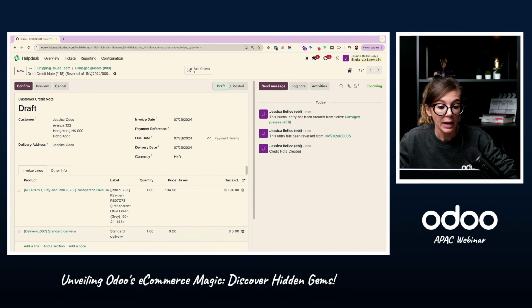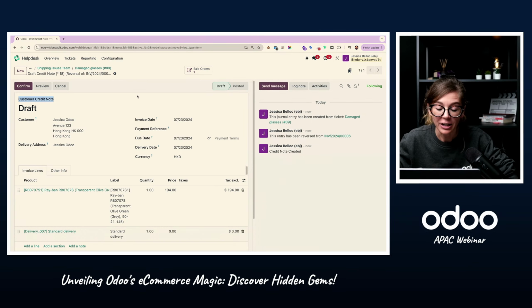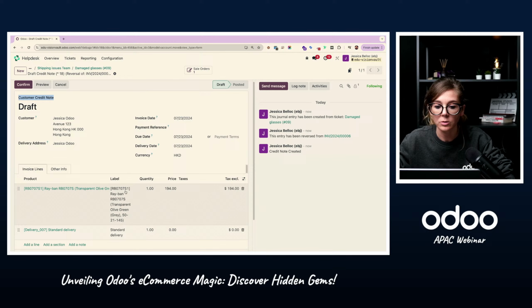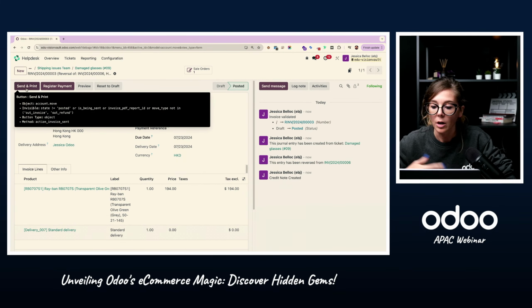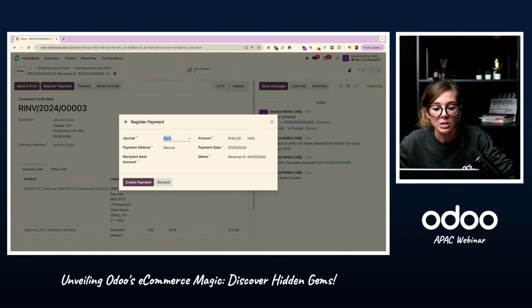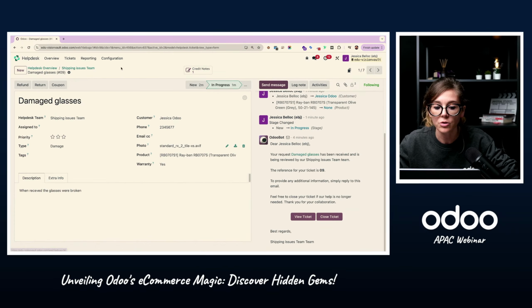And then, as you can see, from now on, I am not in the help desk as such, but I'm more into the accounting because I'm going to create the credit note directly, okay? I want to entirely refund my client of the amount of the order, okay? I'm going to confirm. I have the following sequence, okay? And then register the payment, which is the very end of that flow, create the payment, and that's done, okay, for that issue, damaged glasses,